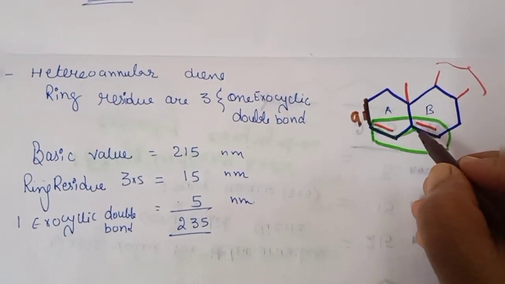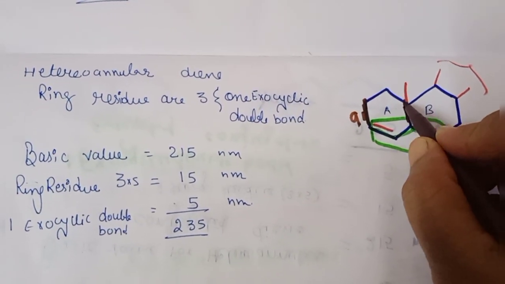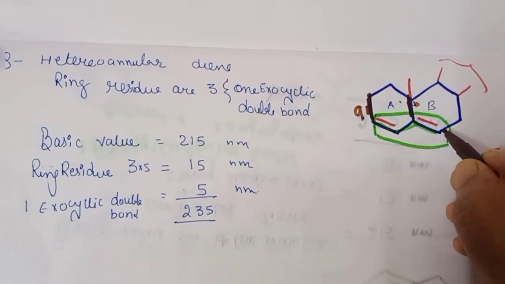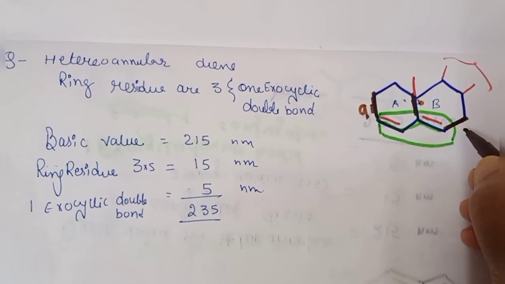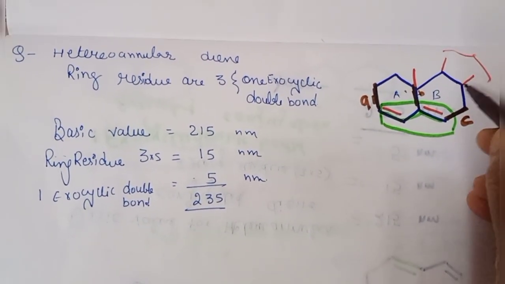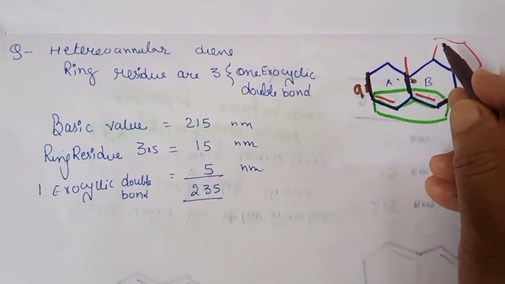Then which is directly attached from here, you see this part, this will be your another ring residue, so give it B, and here this side also the directly attached part is C. So these are the 3 ring residues. All these will come in the ring residue, so don't get confused why these extensions are given. So all these are your ring residue.